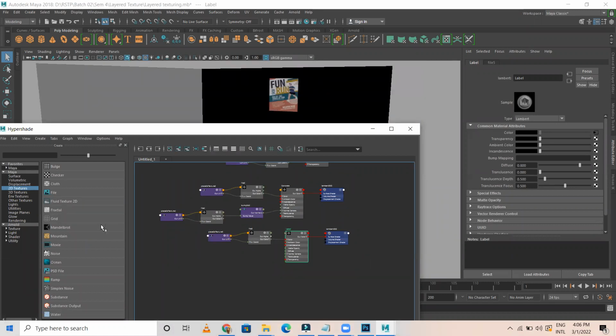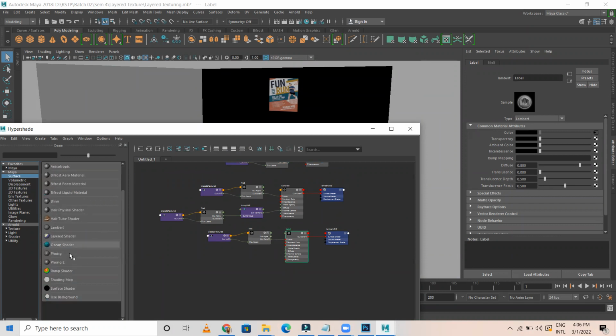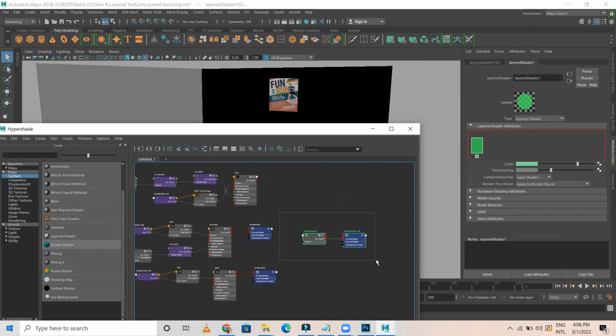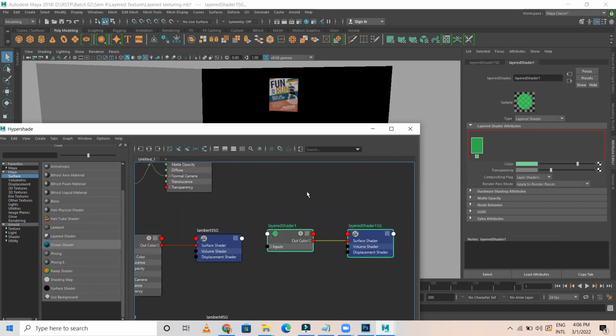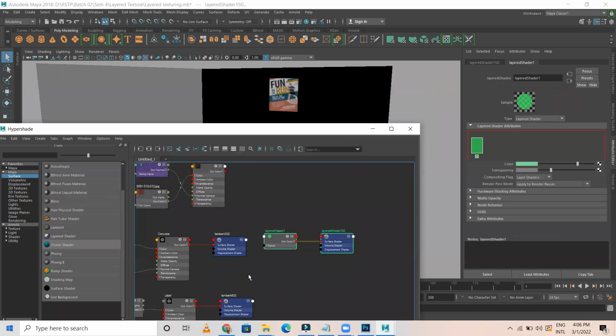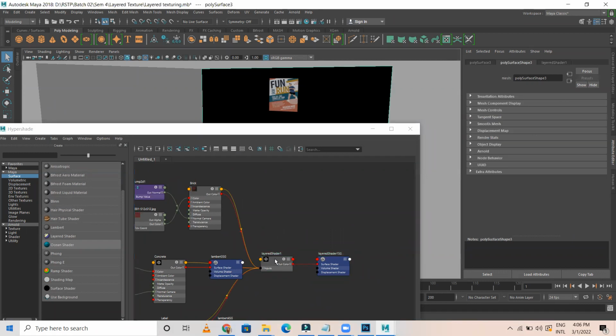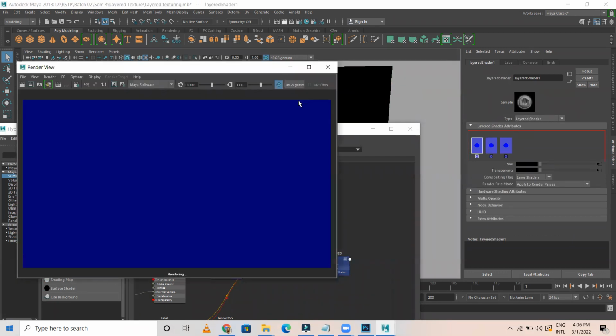This is great. Now the next thing is, in surface, you have to pick layered shader. This is the main thing now. Layered shader, I'm placing it here. So for the first thing, label will come. In the layered shader, drag and drop label to here. The second is concrete, drag and drop the concrete material. You have to place the material only, not the texture. Then the brick. Now this layered shader, drag and drop here. Assign material. So when I take a render,